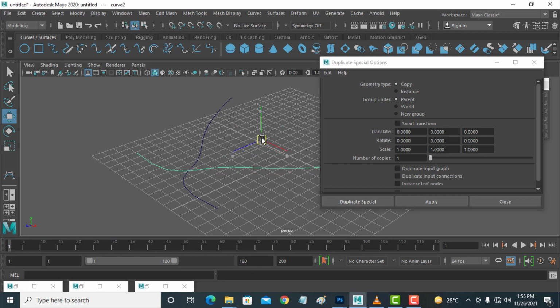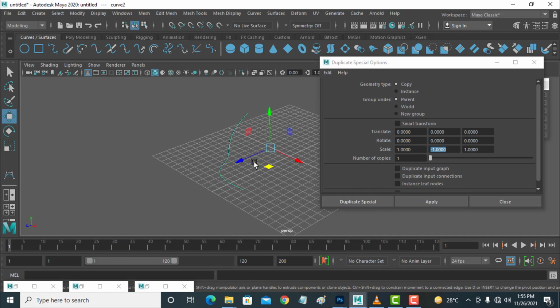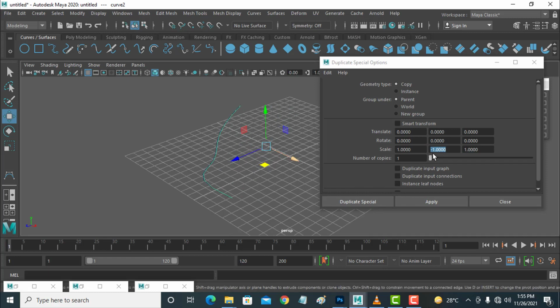Now I am deleting this, select this, and from this side, this axis -1, apply. This will apply, but not seeing.